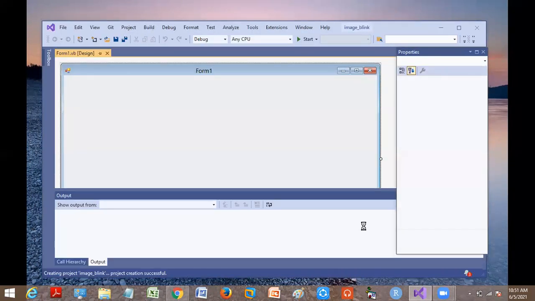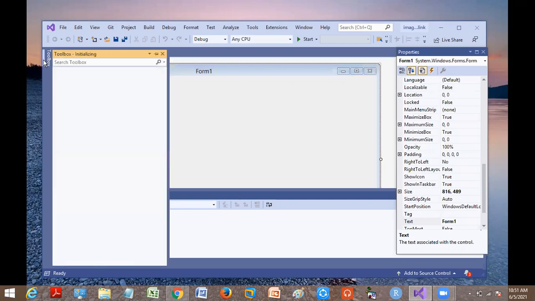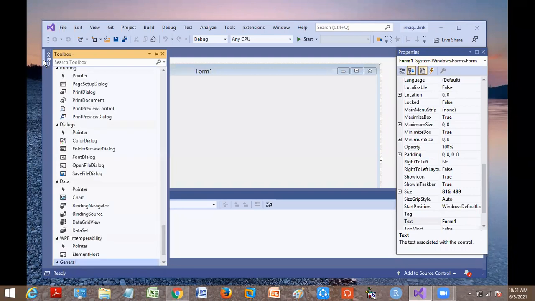A picture box and a timer. We need a control which holds an image, and a control which makes it work continuously, correct? We need two controls, one control to hold your image and another control to make it work continuously. Is it correct? Yes. So let's search in our toolbox which is that control which will hold an image.